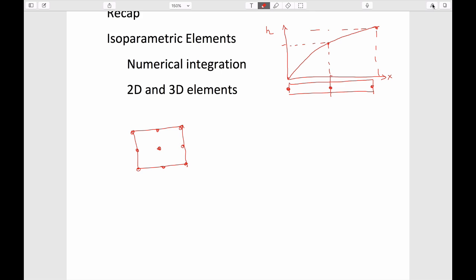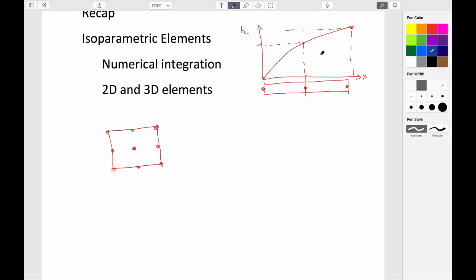So if we only had a linear shape function, then by definition the value of this mid-side node could only ever be equal to the average of these two end node magnitudes. And so if we wanted to represent the fact that there really was a distribution of heads as you go from one location to another, then the only way for us to be able to do that is to be able to put a mid-side node in,